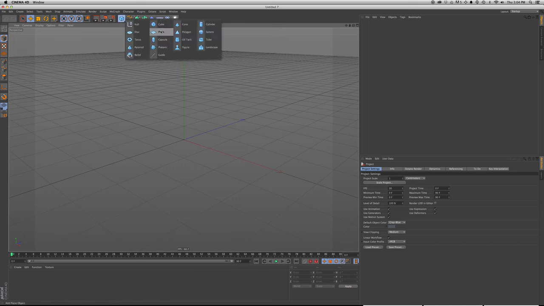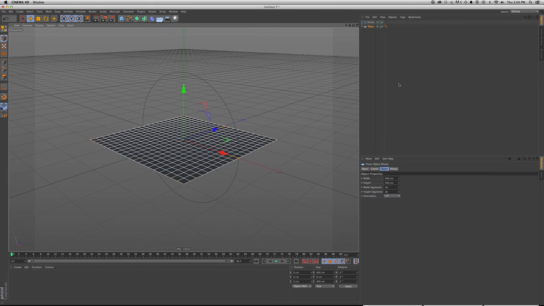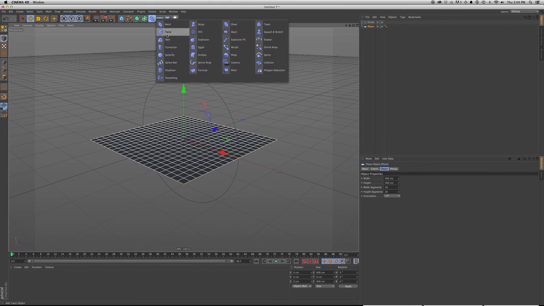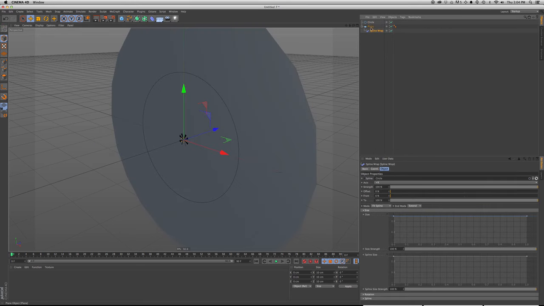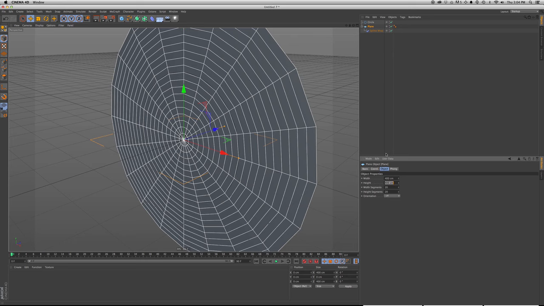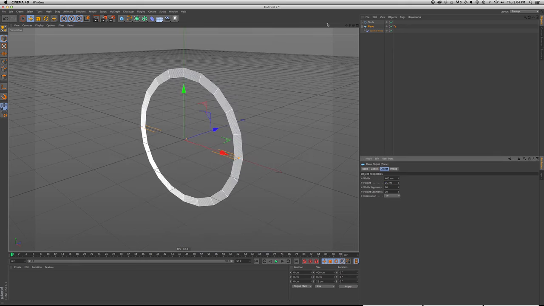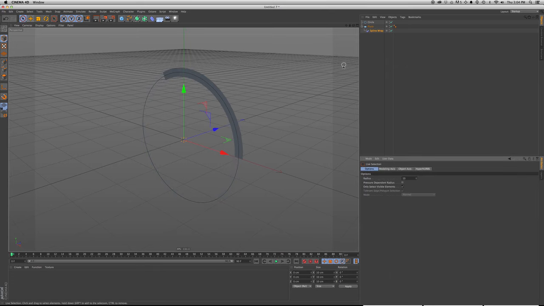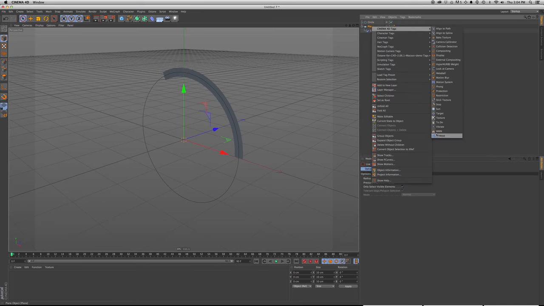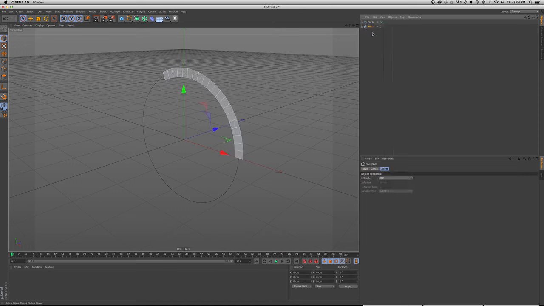First thing we'll do is make a spline. We'll make a plane, and a spline wrap inside the plane. We're going to define the circle and bring down the height to 25, and in the spline wrap we're going to turn on keep length so it maintains its size. And now we're going to start digging into Expresso. Actually, we'll group this and start to make our